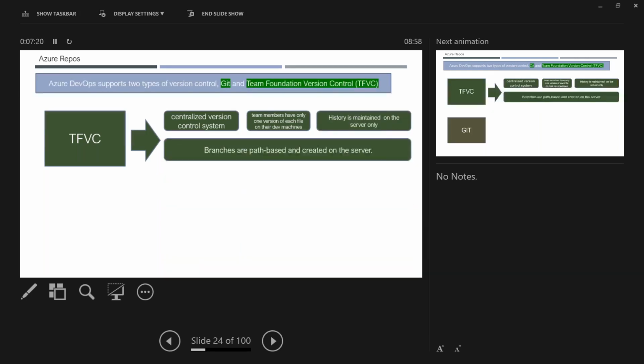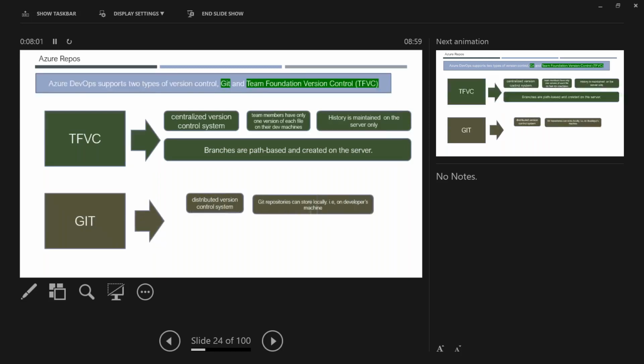So in TFVC, what happens? Let us say I have one file on my IDE or on my local disk. I cannot have versioning of my file on my local laptop. The versioning is available only on the server. Let us say I have versions 1, 2, 3. If I want to fetch version 2 or version 3, I have to go back to the server and fetch it, because you are working in a centralized mode. You keep only your latest copy. The older copies, the versioning or history, will be available on the server.